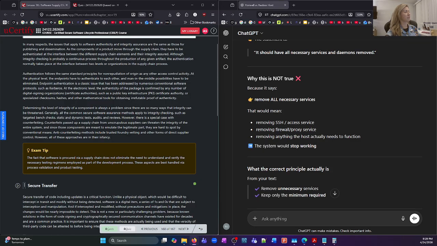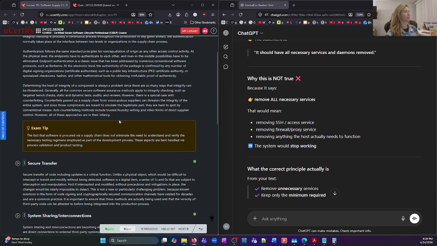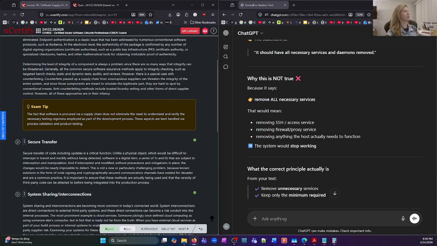Determining the level of integrity of a component is always a problem. There are so many ways integrity can be threatened. Generally, all the common secure software assurance methods apply to integrity checking, such as targeted bench checks, static and dynamic tests, audits, and reviews. However, there is a special case with